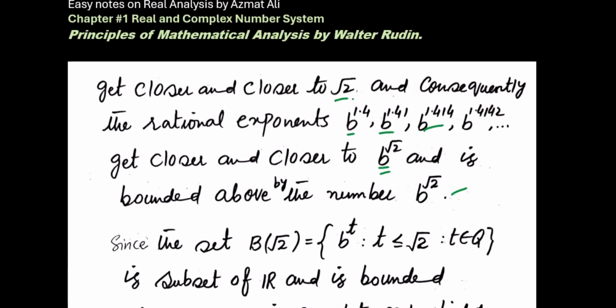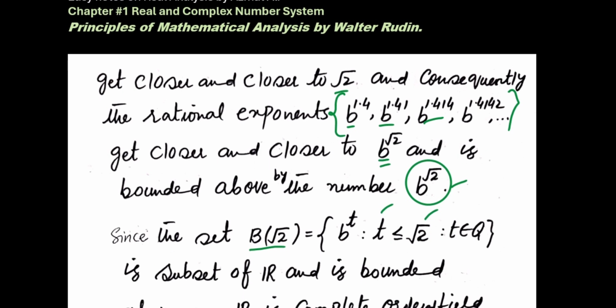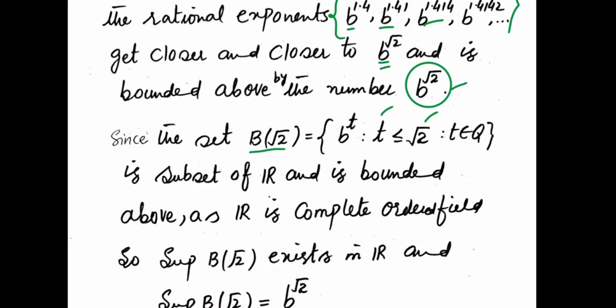If you have this sequence of terms and I ask what the upper bound of this set is, your answer will be b raised to power square root 2. So b raised to power square root 2 is the upper bound of this set, or I can say that this sequence of terms is bounded above by this number. Since the set B(square root 2), written as b raised to power t, where t is a rational number less than or equal to the irrational number square root 2, is clearly a subset of the real numbers R and is bounded above,